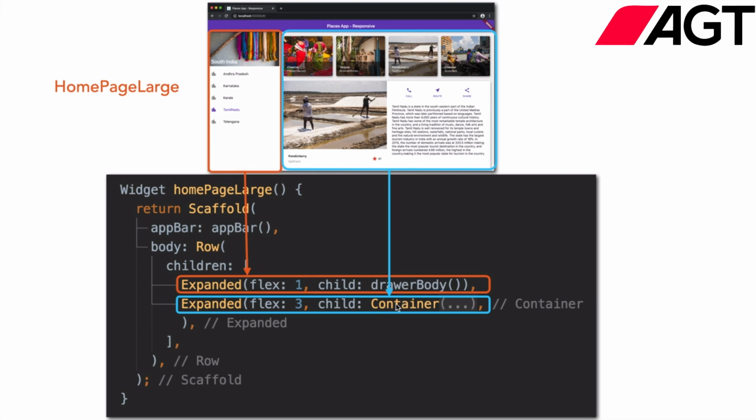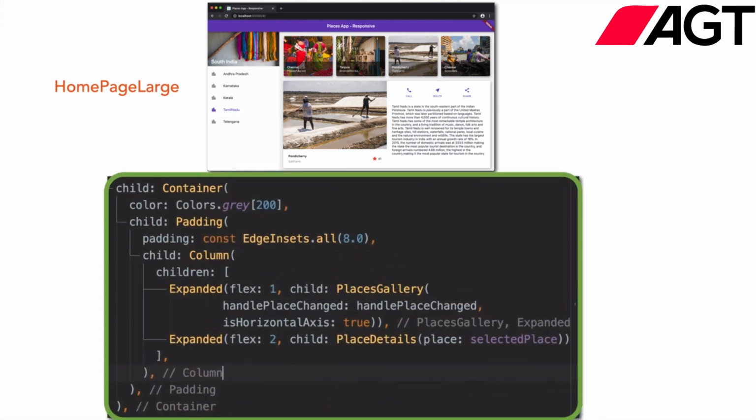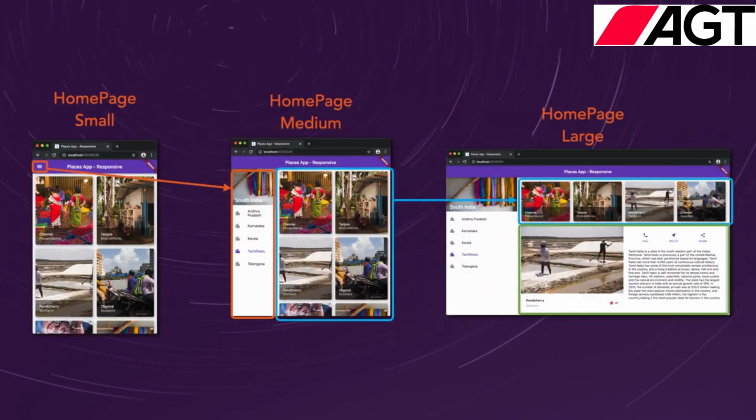Let's take a look at how this container looks. So this container is containing a horizontal grid gallery and place details. They are implemented as a column containing 2 children, which both are expanded widgets. Notice that we have divided our column into 3 parts. The first part is occupied by the horizontal grid gallery, and the remaining 2 parts is occupied by the place details widget. With that, now you know how to implement 3 types of layouts based on the screen size information